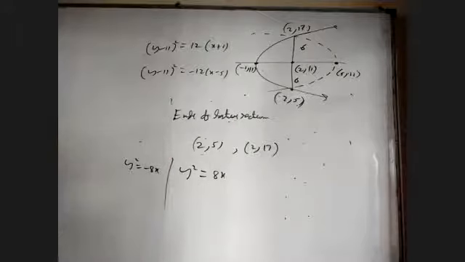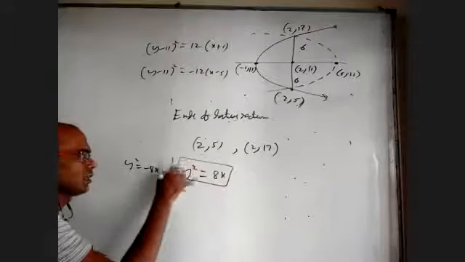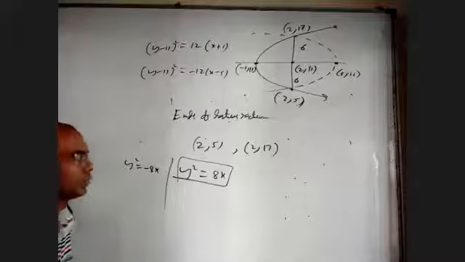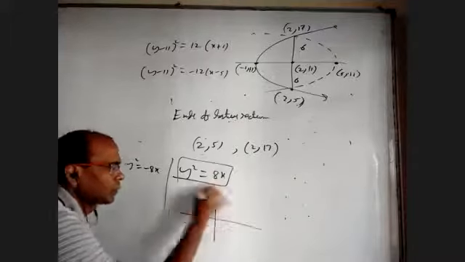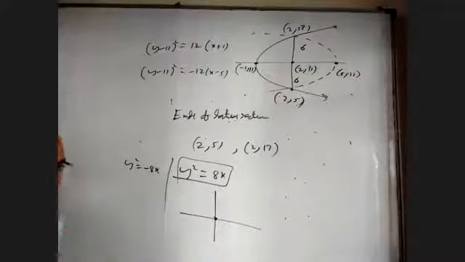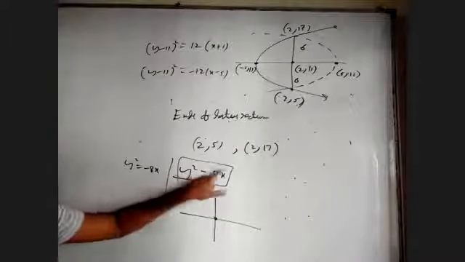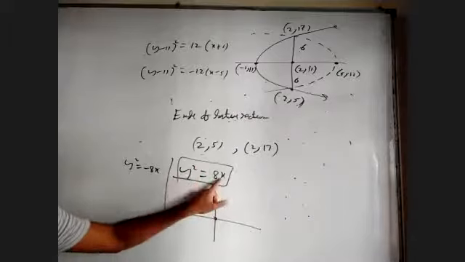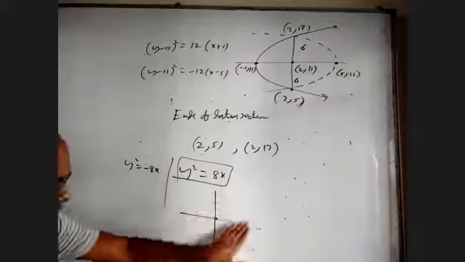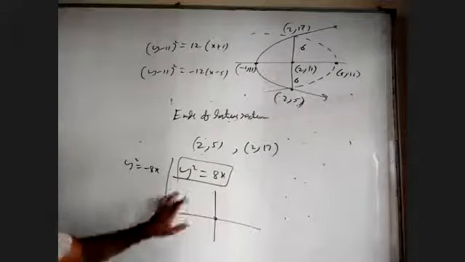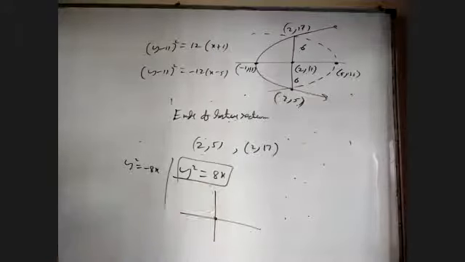Let's have y² = 8x and y² = -8x. I want to understand about the graph. Forget about parabola and all. Just from the equation, I can tell what is the figure of this. How? First of all, origin will satisfy. Second, because y² is always positive or 0, even the right side also should be positive or 0, so x should be positive. So you can only have graph here and here. You cannot have any graph here because when x is negative, y² can't be negative.